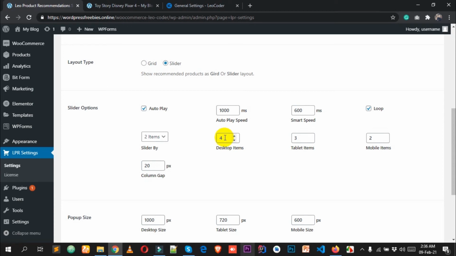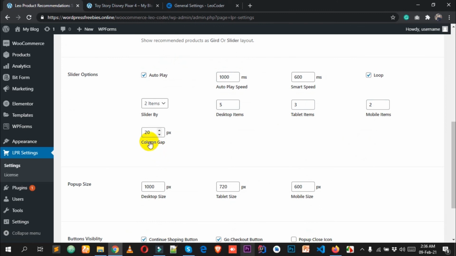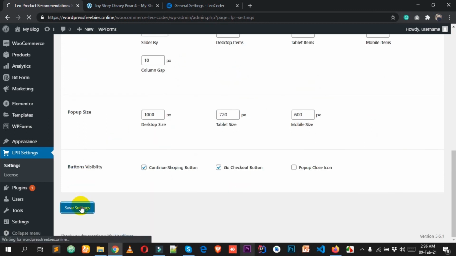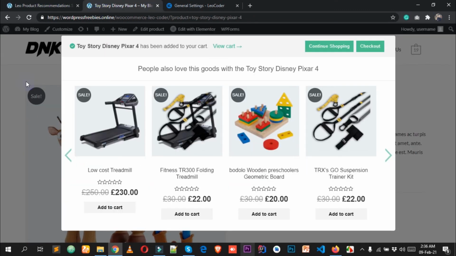And you can also change the number of products you want to display in the desktop, which is by default 4. Let's make it 5. And you can also change the number of products you want to display in tablets, which is by default 3. Let's make all of this default, and the mobile one is also the same. And you can also change the columns gap from here, which is by default 20. Let's make this 10. Okay, and click on save settings, and let's go to the front end and